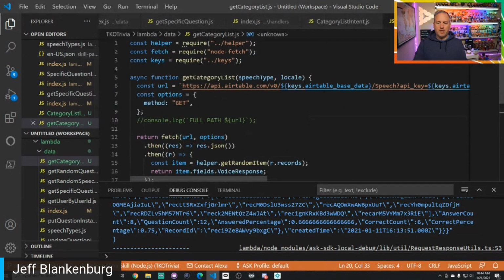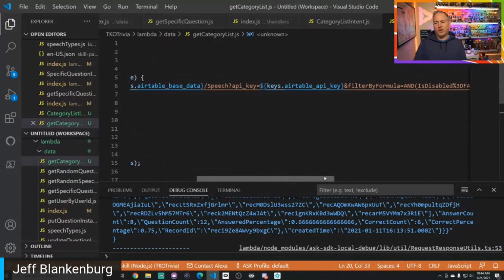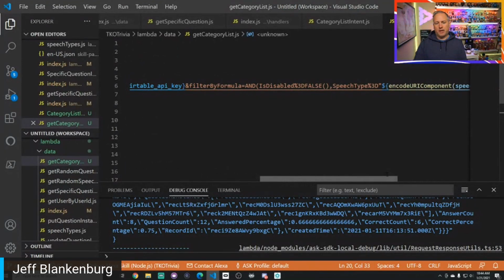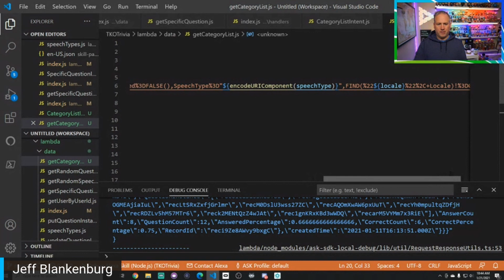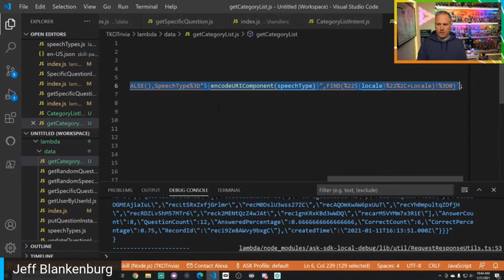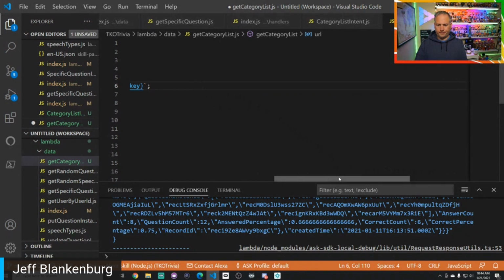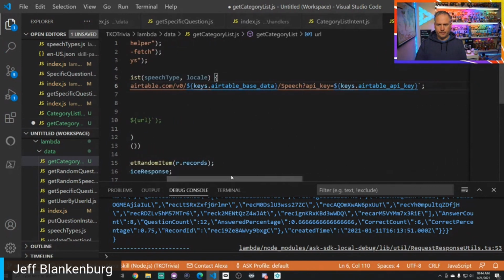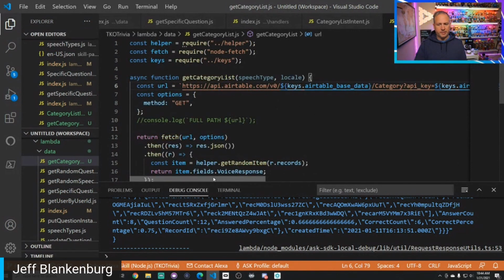So we're calling out to the API. We have our database. We have our API key. And I don't even really care about a filter by formula because we're not eliminating anything. So I think we can just chop all this off, like so. This is going to be category. But otherwise, all I want is all of the data from the category table. Eventually, I will probably add